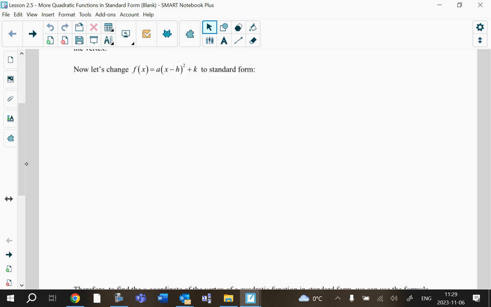Okay, so I'm going to do some algebra. I need you to remain calm because there's going to be lots of letters going on. Okay? All you need to worry about is what's going to happen at the end. But do try to follow along if you can. I am going to take this form and change it to standard form. So the first thing I'm going to do,